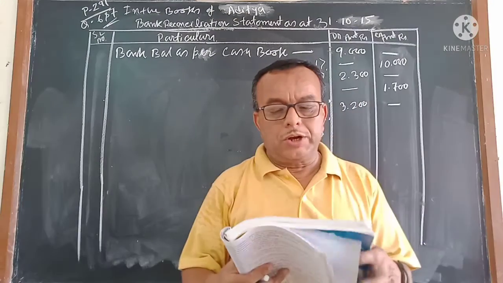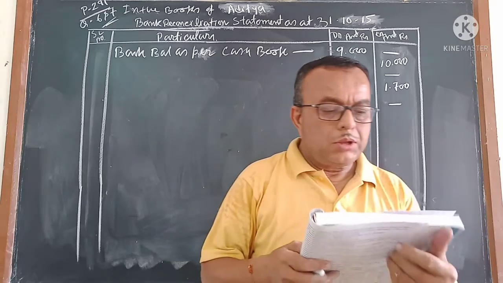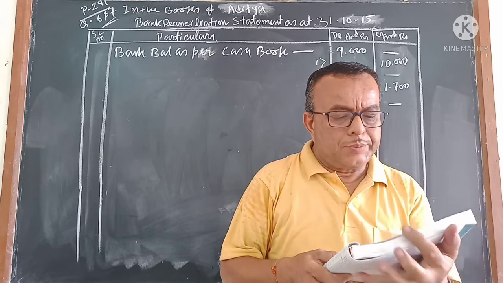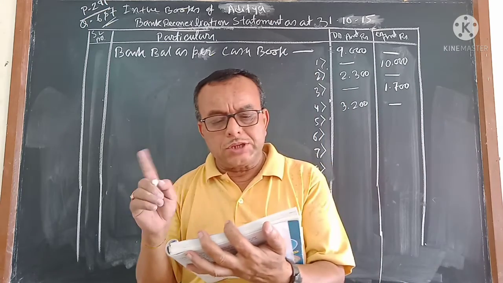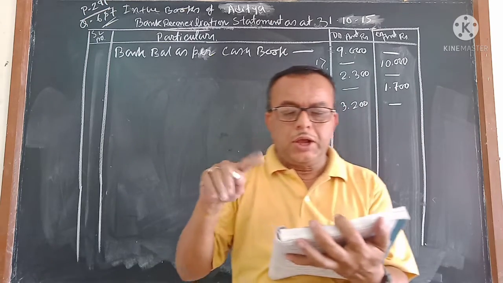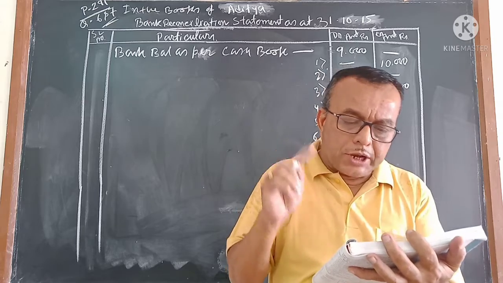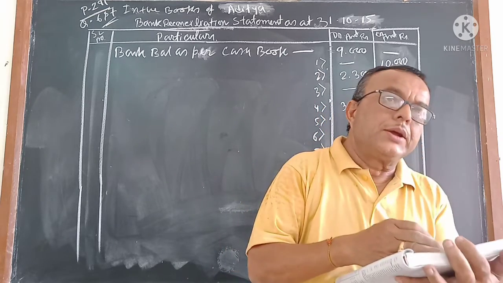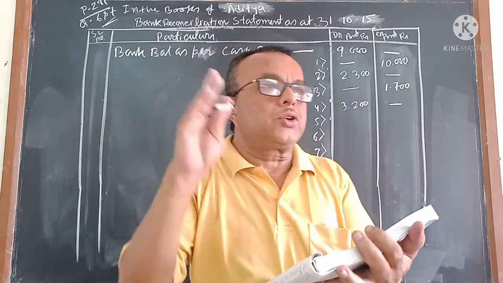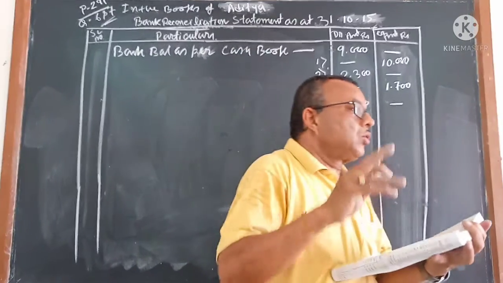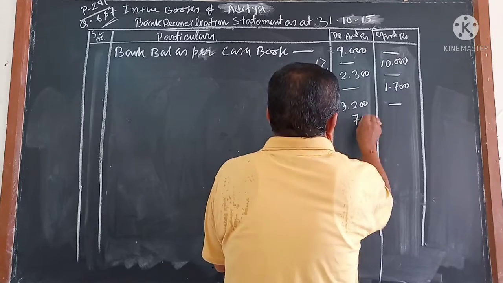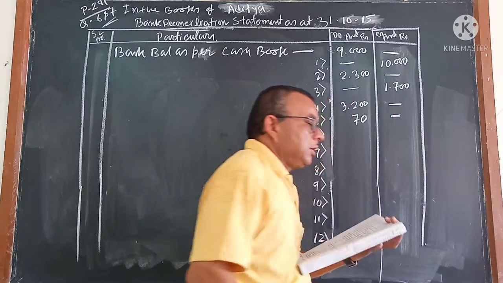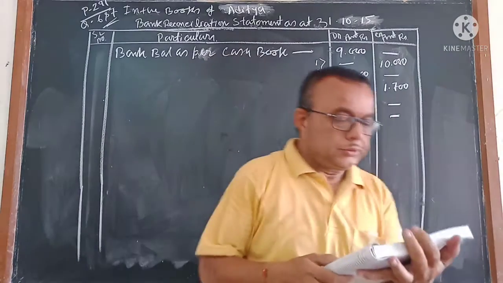Next is number 5. Bank charges recorded by the bank, 70, are recorded twice in the cash book by mistake. Bank charges recorded by the bank, मतलब bank debited, I should credit, but it is recorded twice in the cash book. I credited, but by mistake I credited twice. 2 बार क्रेडिट हो गया, तो एक बार क्रेडिट ज़्यादा हो गया तो मेरे को डेबिट कर देना है. It is credited wrongly but not debited.